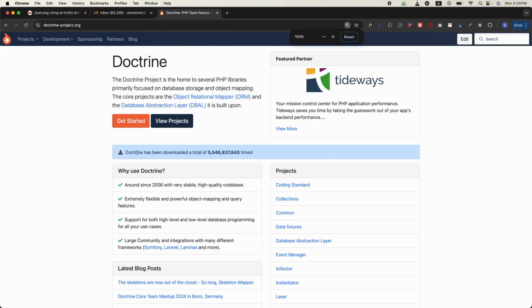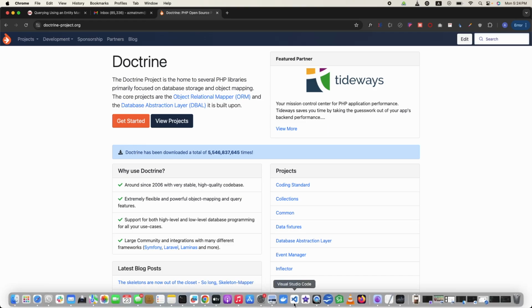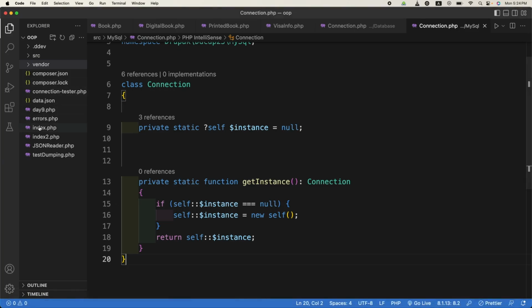It's a massive project used for database interaction in PHP. So you can create entities, save them in the database, and retrieve them via an API, and this is what Doctrine is. So as we have started to use Composer in our projects, what we can do is,